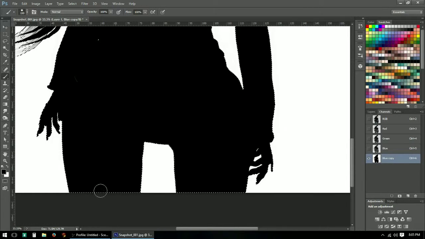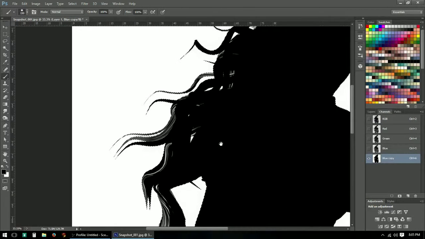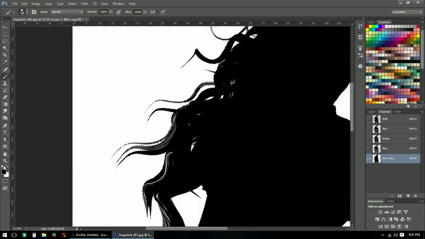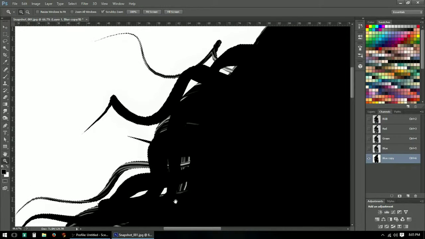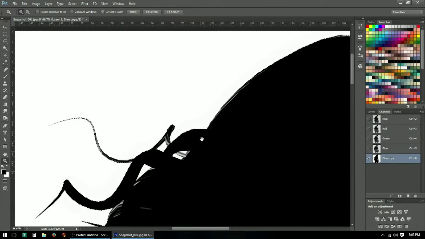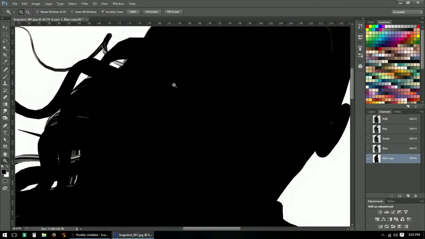This takes a minute. It's a little tedious, yeah, kind of tedious. And then what I do is I'll just zoom in a little bit and make sure the hair doesn't have any weird spots. Okay, I'm going to Control D. Now that you've got this pretty much completely blacked out,